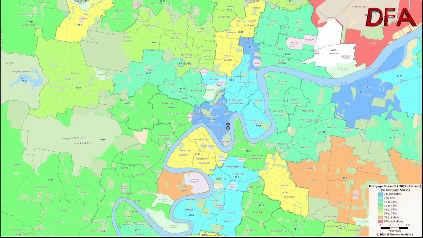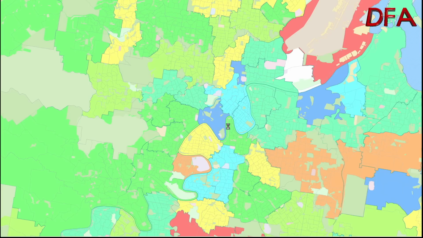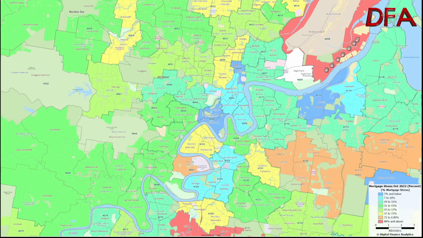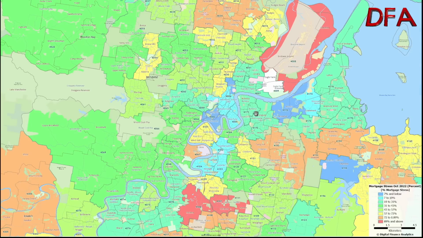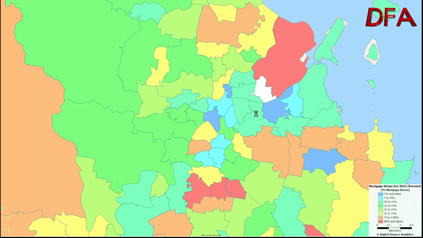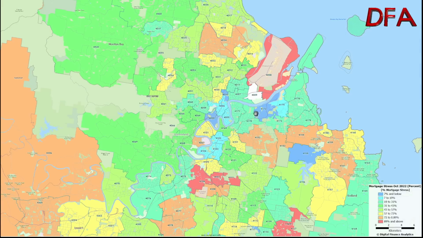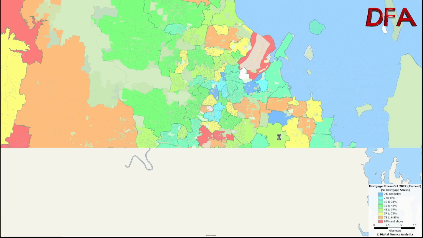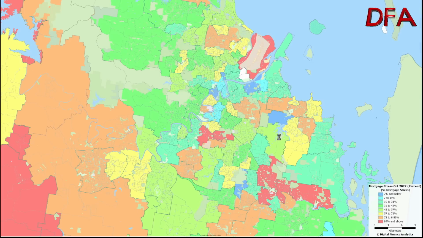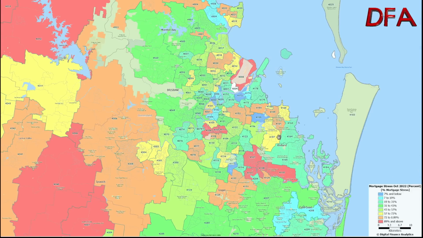As we pull further out and begin to see a little bit more of the wider areas, you can see that there are some interesting red areas. Some of this is some of the new development that's gone on quite recently. And then if you go further south, you've got Rocklea and Salisbury and places like that. And as you pull out, you can sort of see more and more of the problem areas. And as you come a little bit south of Brisbane and head down towards the Gold Coast, you can start to see some quite concerning